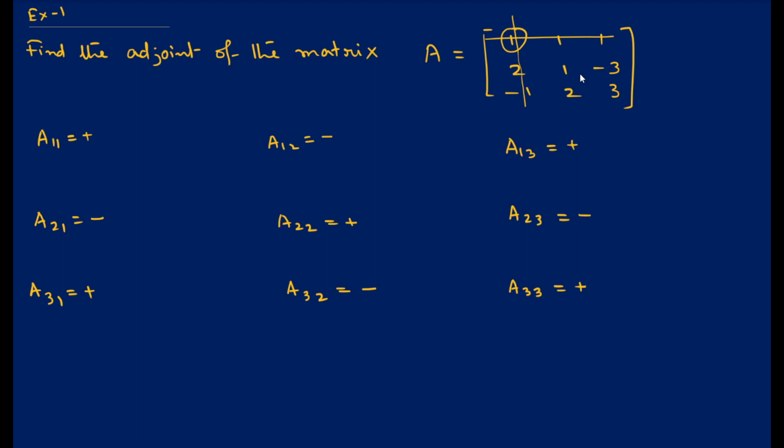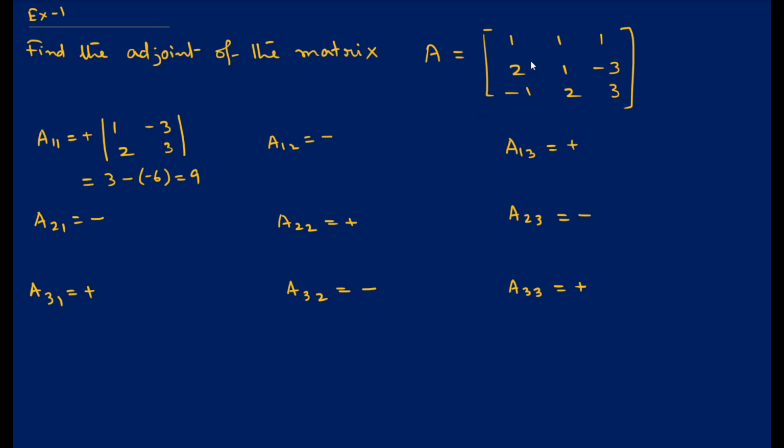So how many elements will you see here? Remaining 4 elements. Those 4 elements we have to write here: 1, then minus 3, 2, and then what? 3. Okay, so let us break it. So it is 3 minus, then minus 6. How much is it? 9. So like this we can find the other cofactors also.